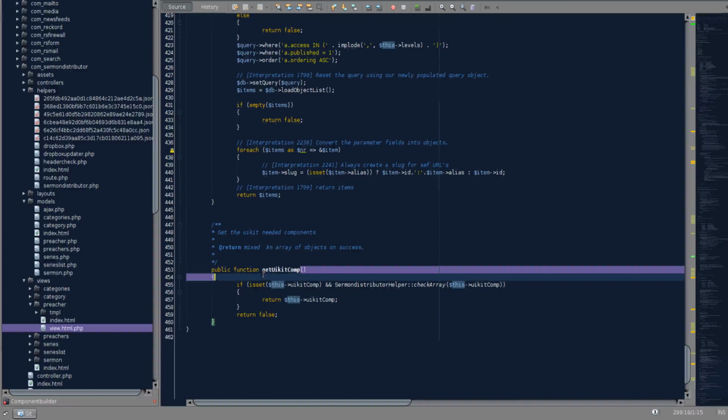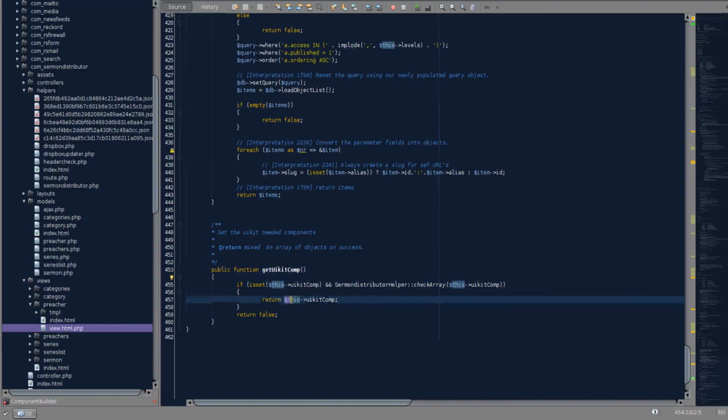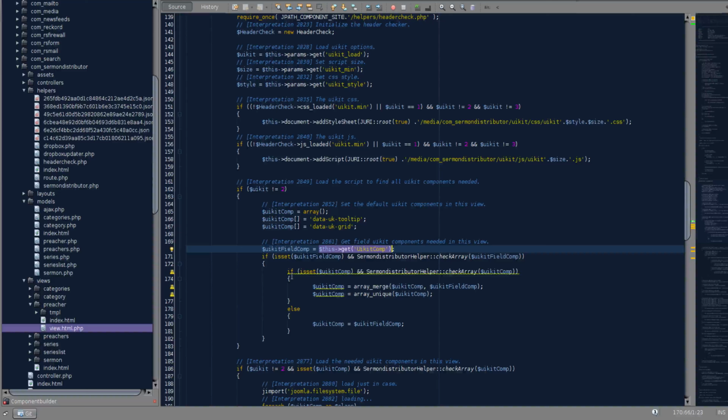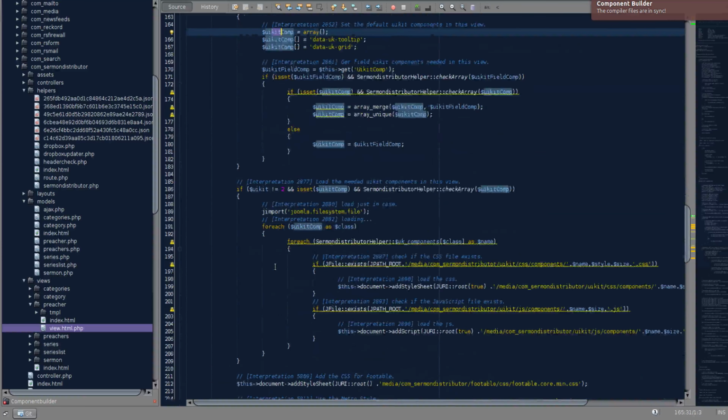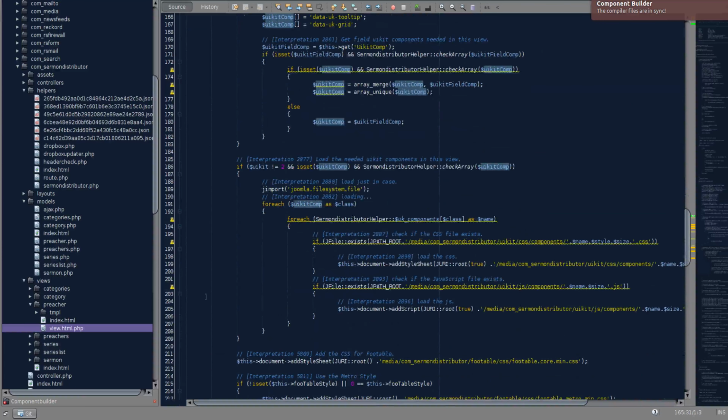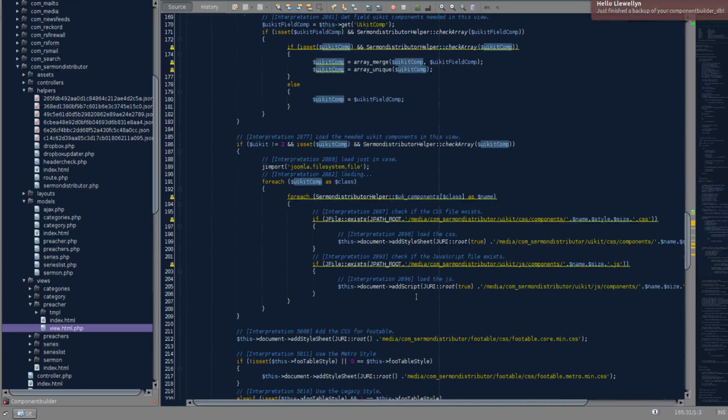Through this method it is getting that array, and once it has that array, we check whether it is set and whether it is an array, and if it is, we set it to the array that is already on this page. Then over here we loop through that array and we load in those components' CSS and JavaScript as required,